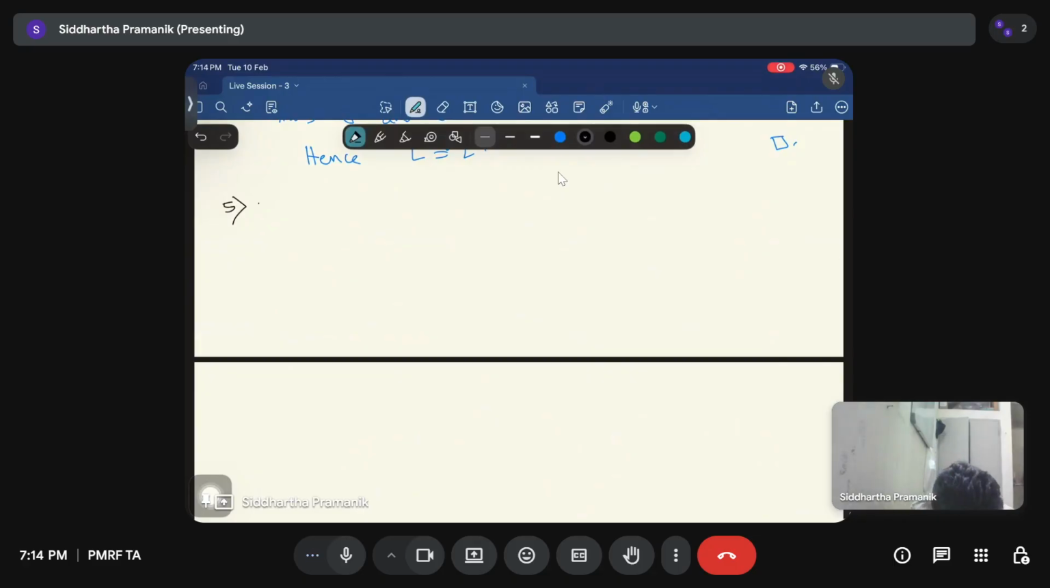So for any prime number p and any non-zero element a belongs to the finite field of order p, prove that